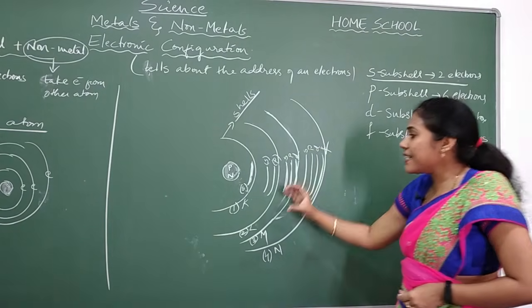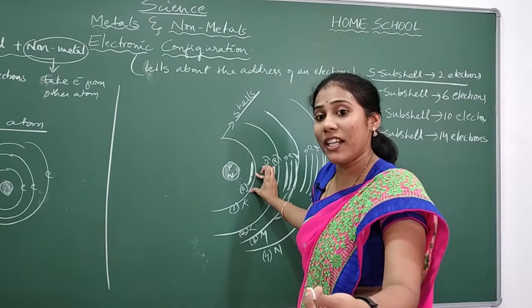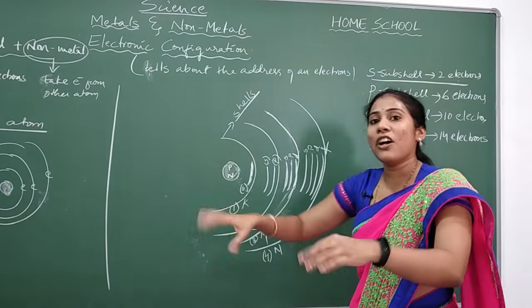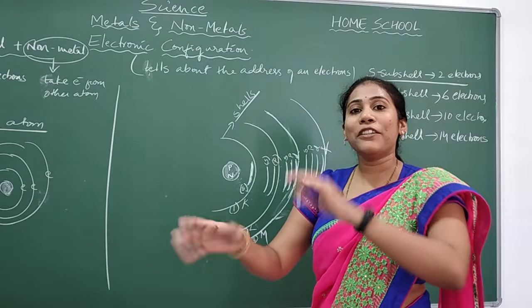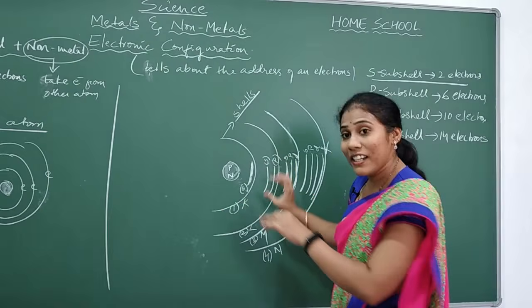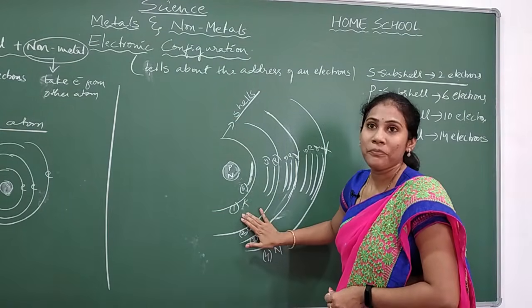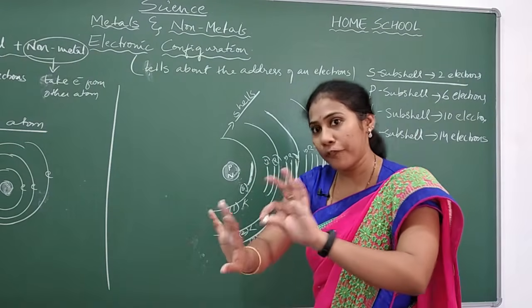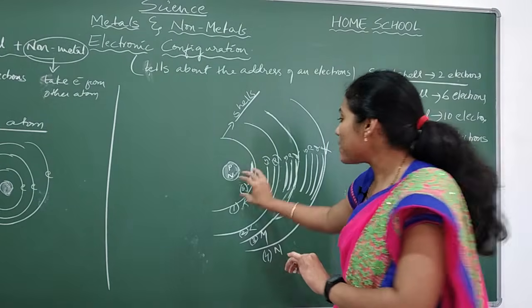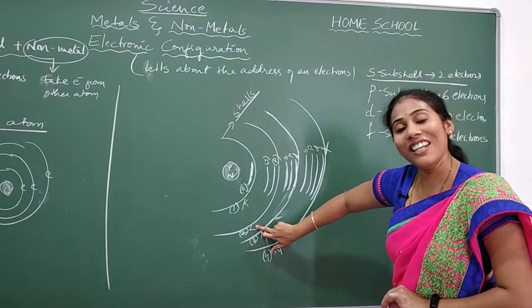The first electron always goes to the first shell, and the first shell has a colony. What is that colony? Yes, the S colony. The electron will try to occupy it: the first electron always occupies the S colony of the K main shell. After this colony gets filled up, what is the maximum capacity of this? 2. After this colony gets filled up, then the electron will move to the L shell.